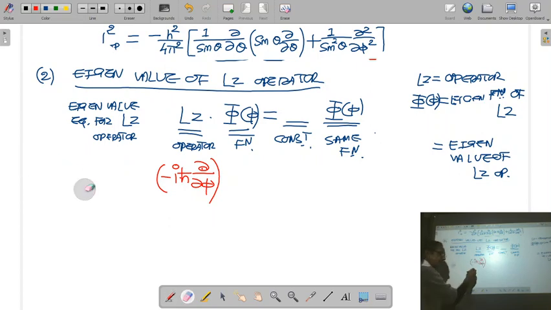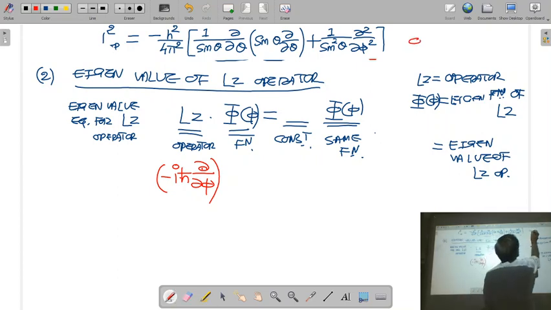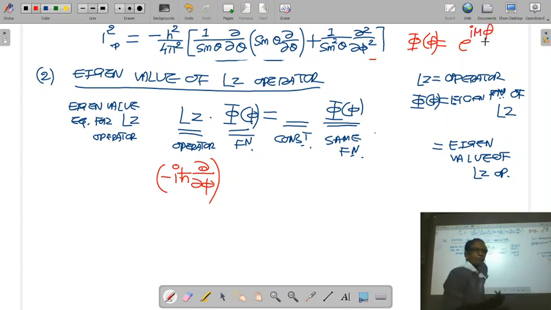Okay. Now this operator of Lz is operating on the function phi. In the previous lecture we obtained the normalized function phi. The phi function is e raised to im phi multiplied by normalization constant 1 upon root 2 pi, but 1 upon root 2 pi is constant, so I am not writing that. So the solution of the phi part of the equation is e raised to im phi. I operate this operator on phi function, e raised to im phi